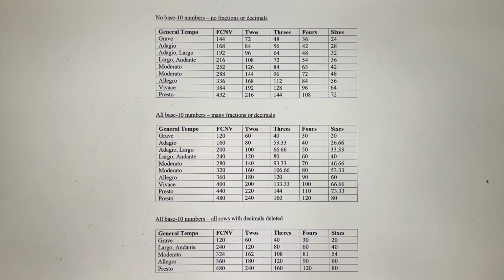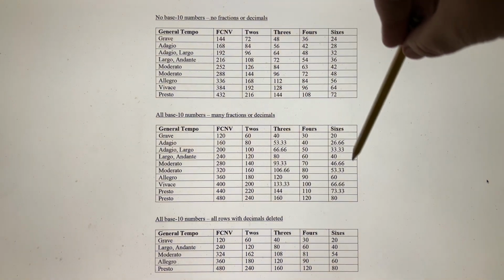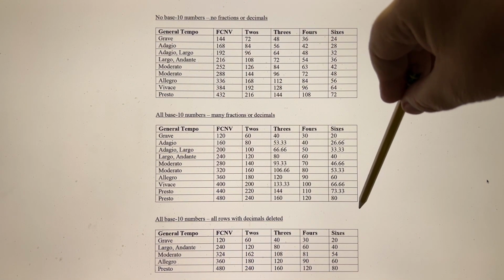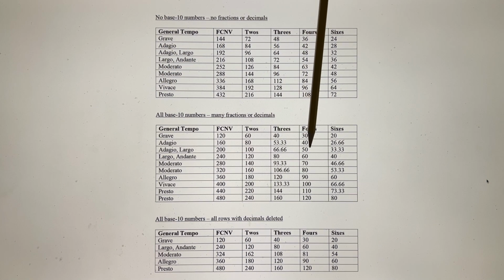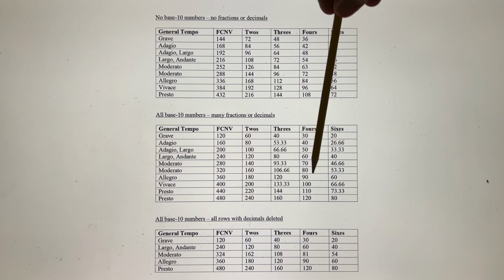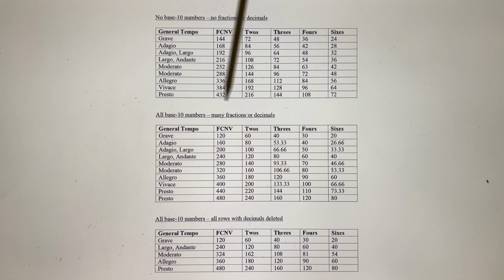All right, so many of you are familiar with my Bach tempo theory already, and you have probably seen me make reference to this mathematically ideal tempo matrix. What I believe to be the mathematically ideal tempo matrix is this table right here on the top. And this is another matrix of various numbers that I put here, which are all based on base 10 numbers. So I used, for example, 60 beats per minute, which is a popular tempo, or 80 beats per minute. If you look in the fours, this would be the quarter notes. So if you have a quarter note of 120 or a quarter note of 60,